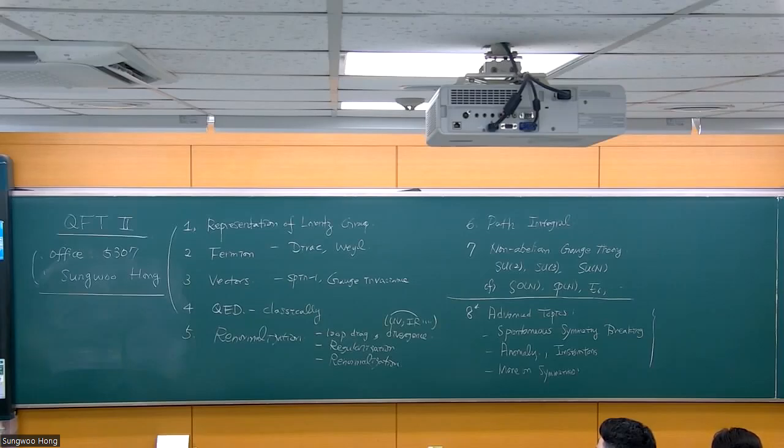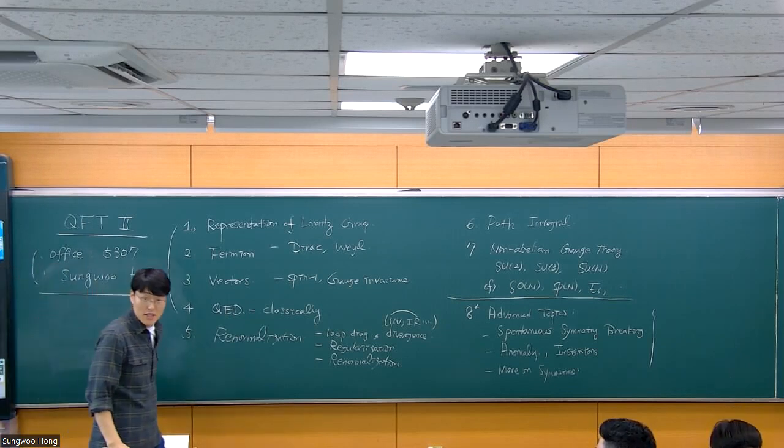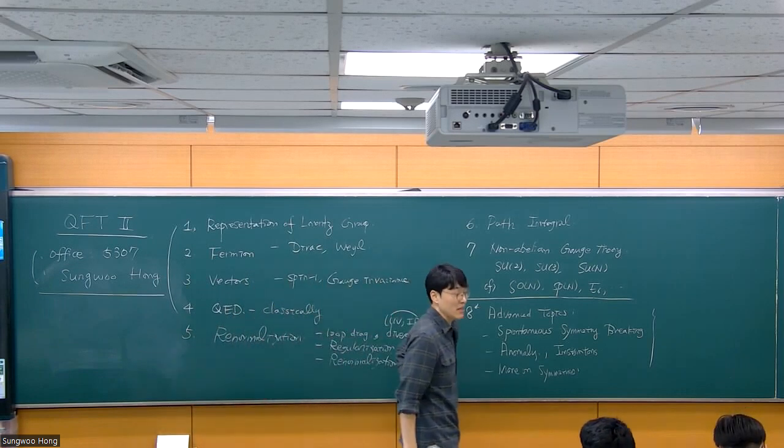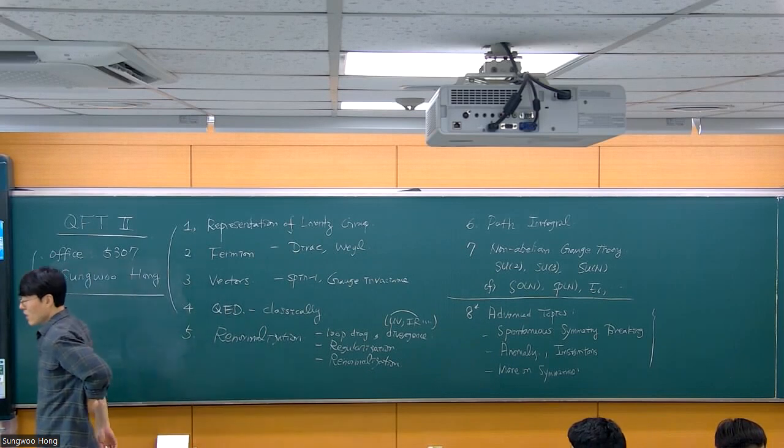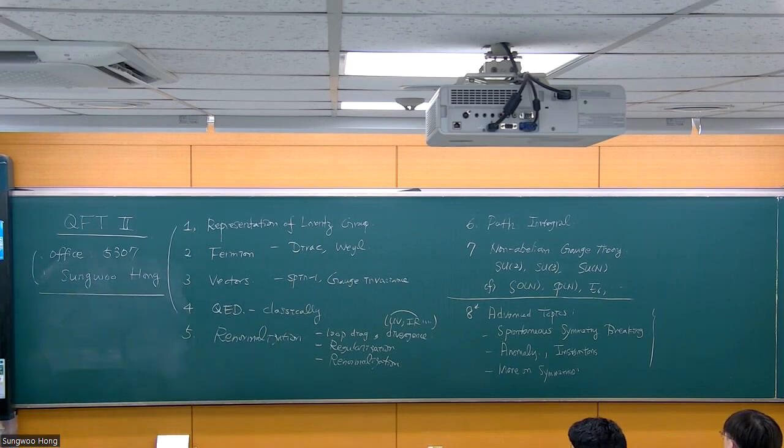The basic material is a book I picked up last semester, so I'm continuing to use it, as you know: Coleman's QFT. But I will supplement it with some other sources, for instance Peskin and Schroeder and Steven Weinberg's QFT books. I will combine some topics from there. Okay, so that's how we start. Any questions before we start? Good, let's get started.